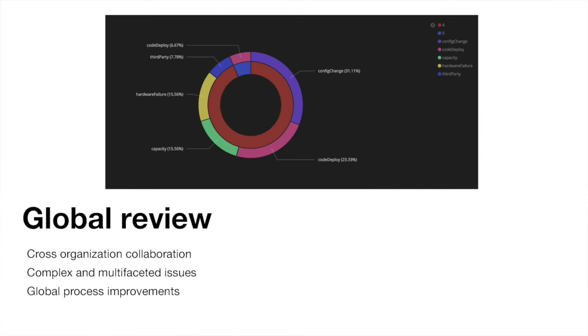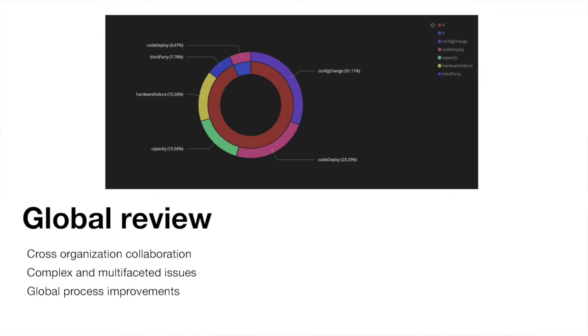So other than global hotspots, we also handpick a few selected incidents that we'd like to talk about with a broader audience, particularly those which are systemic. That means we are spending some time, but we have not quite got a hold of the root cause, and it keeps coming. Or things that require collaboration across different organizations, which are much harder to bring up and surface at a team level. So this is the global review process.